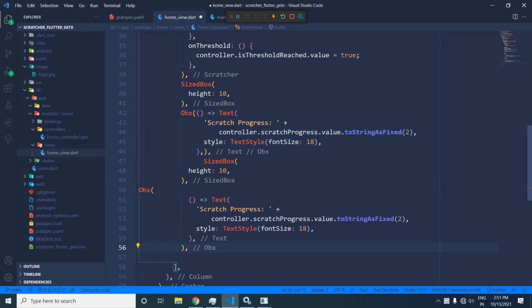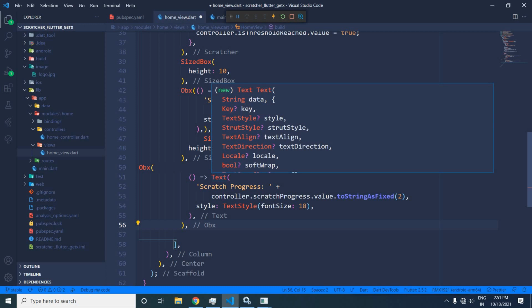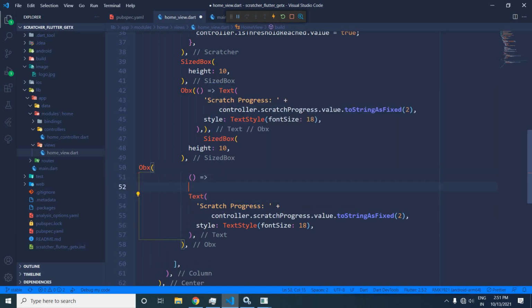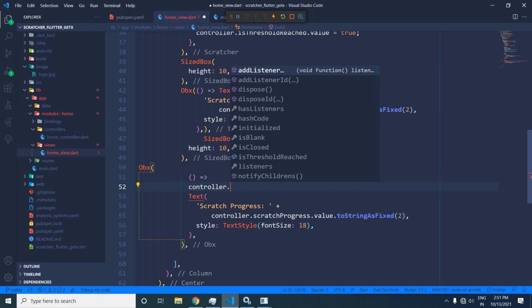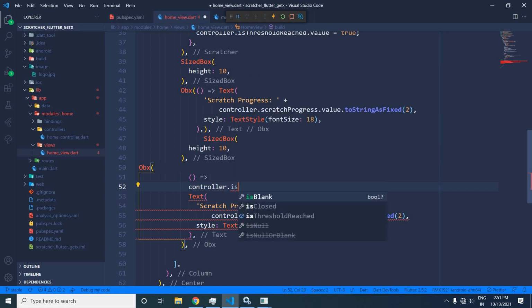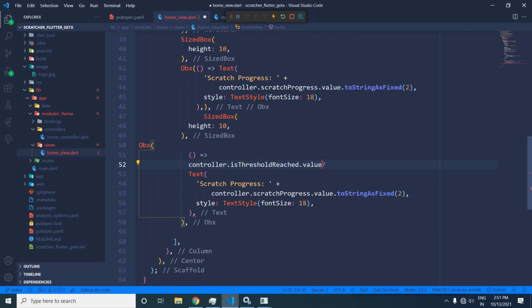Now here I will display whether the threshold has been reached or not, and to do that here I will write the code controller.isThresholdReached. If the threshold is reached, .value, then here I will display the message as threshold reached.